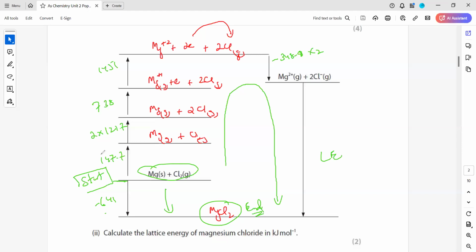So if we follow route 1, if we write it in terms of an equation, we add 147.7 plus, now we just have to substitute the values, plus this one 2 into 121.7, then plus 738, then plus 1451, and then plus this value, which is negative